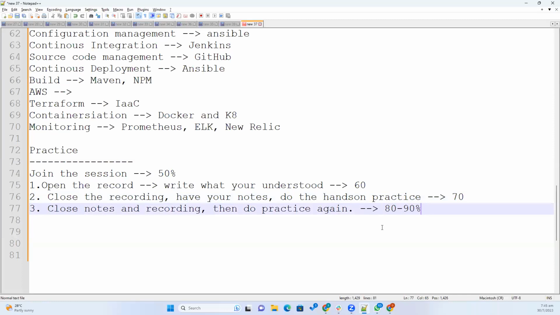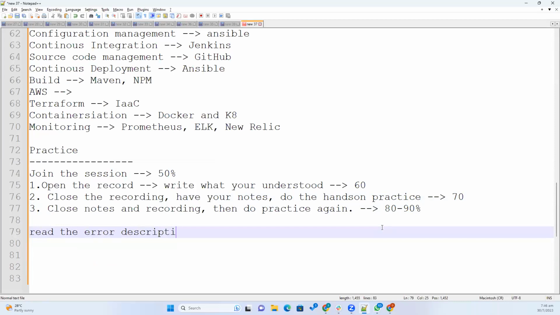While doing practice, you may get a lot of errors. Don't immediately take a screenshot and send it to me just because you are paying us. Just read the error description multiple times, and you will understand. I know a lot of cases where they don't even read the description, there may be a simple, silly mistake, and they wait for the trainer or someone else to find it. But if you are focused and spend a little time reading the error description, for a maximum of 5 minutes, you can understand what went wrong. Read the error description and search it in Google. There will be a lot of discussion. Through this process, you will get the remaining 10% of understanding.